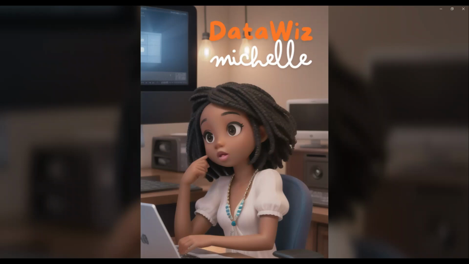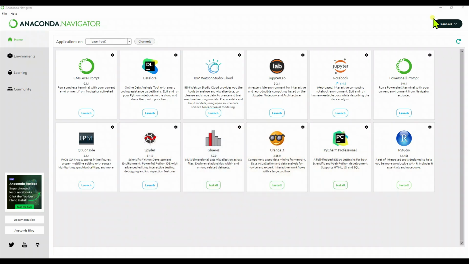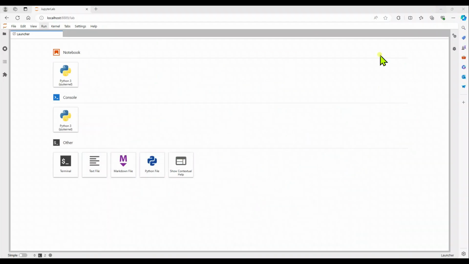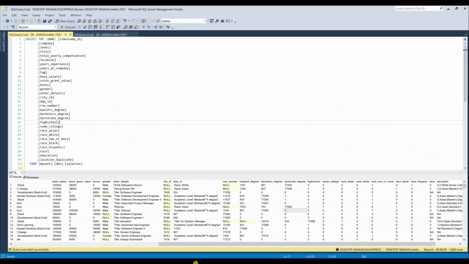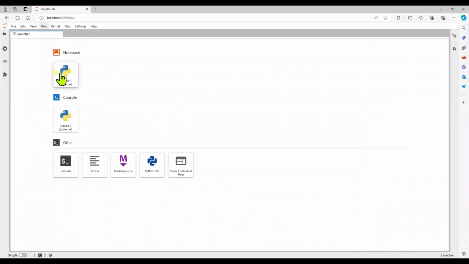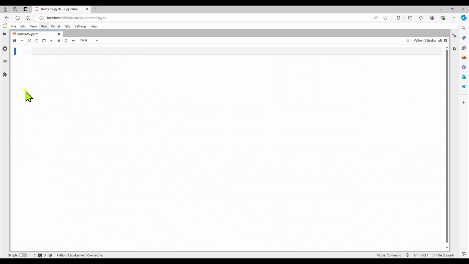A SQL database using Python libraries for managing relational databases. I'll be using Anaconda Navigator and then launching a Jupyter Lab. I'll be connecting to my Microsoft SQL Express database that I have here. I have a database called Wyzant, and the name of the table is salaries. Okay, so from there, I'm just going to open up a notebook in my Jupyter